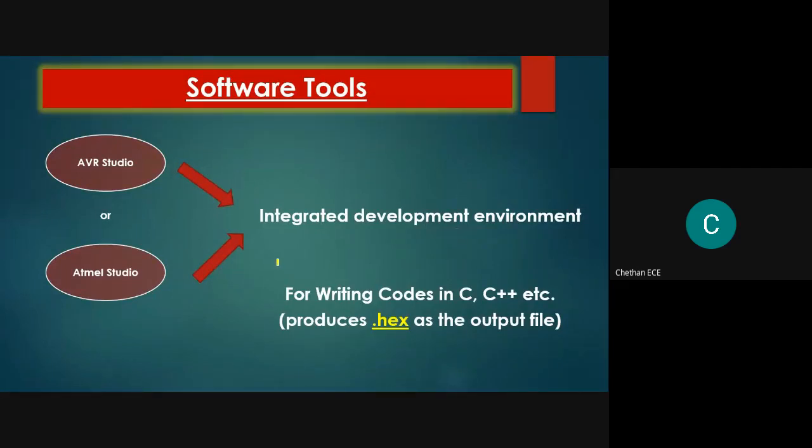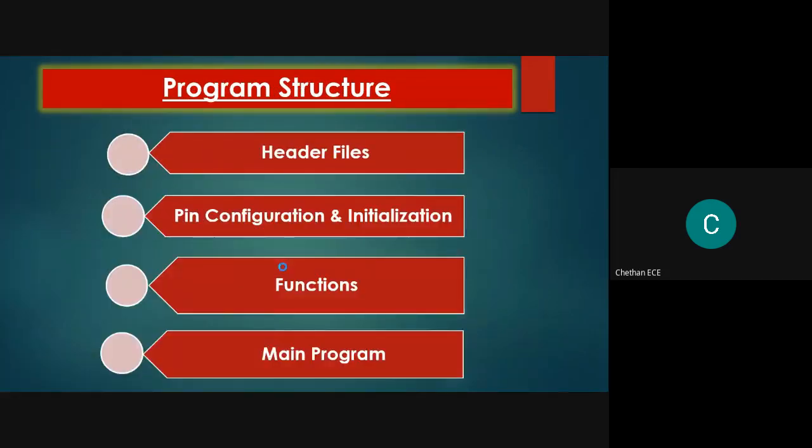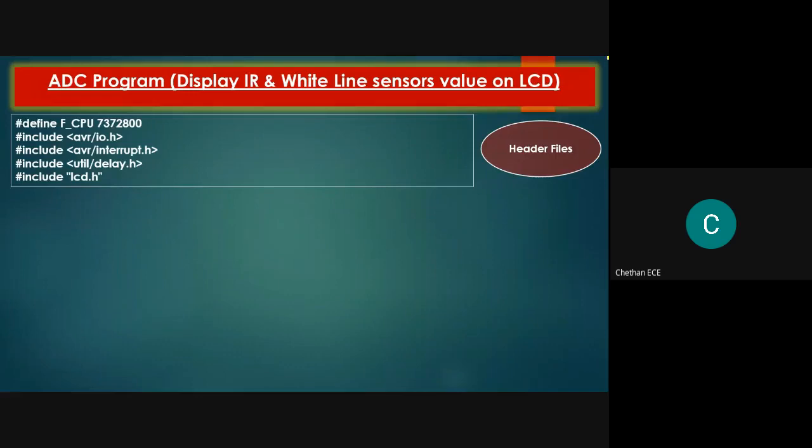These things you already know from the LCD experiment, so I will skip this part. Let me explain the programming part. Header file section: here I am utilizing 7.3 megahertz and calling the interrupt header file, IO header file, and delay header file. But the one important header file I am adding is lcd.h. I'm not writing any separate lengthier program for the LCD. I'm utilizing the LCD file which I explained in the previous presentation, using those programs as header files in the ADC experiment.